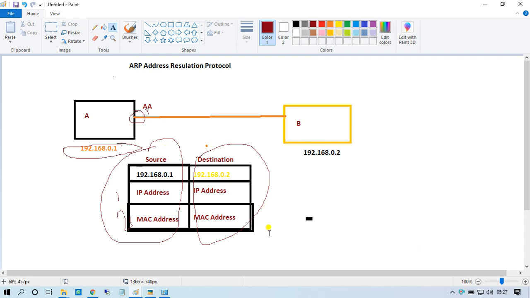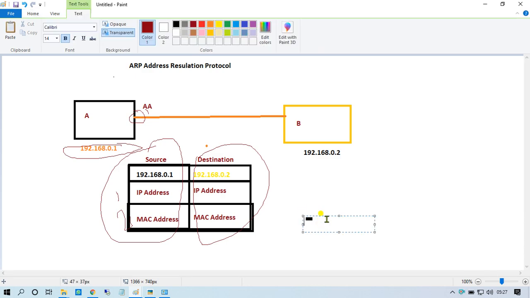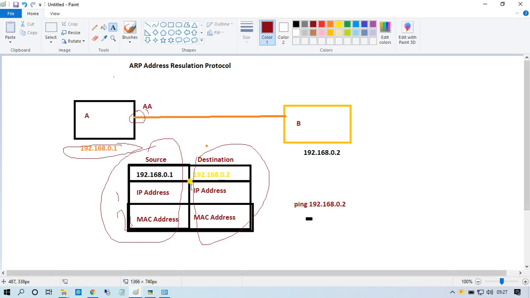Now you know how we reach the next system using ping, with the IP address of the destination, like 192.168.0.2. The IP address is assigned here.